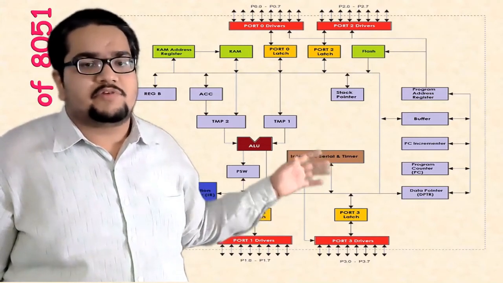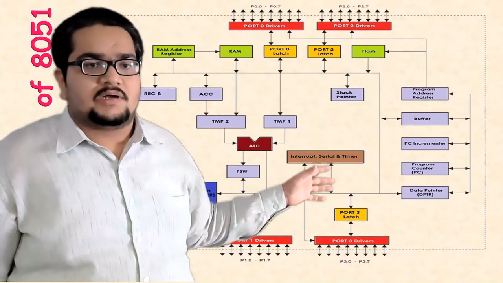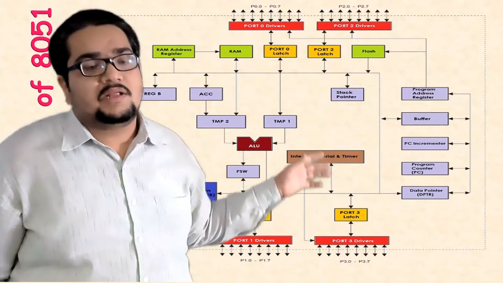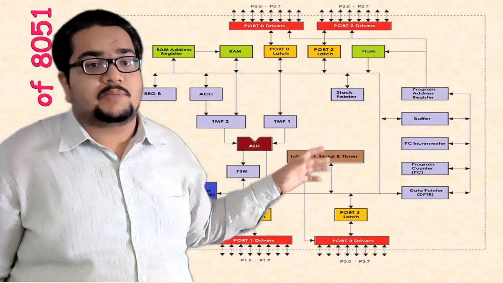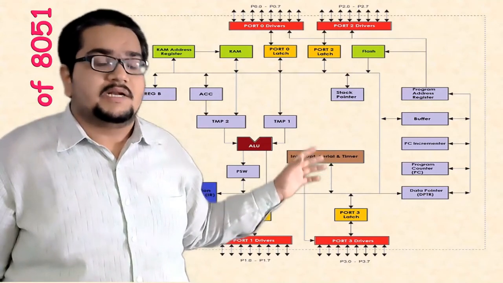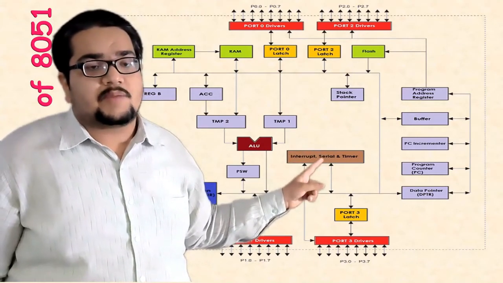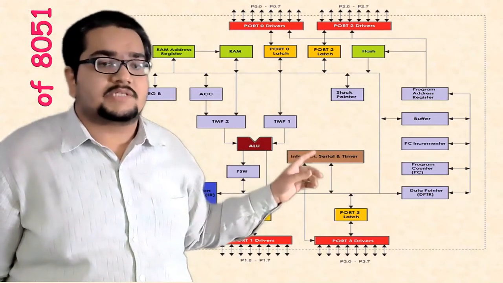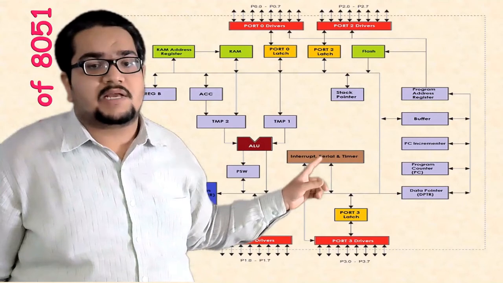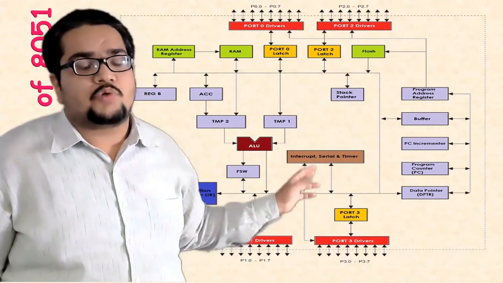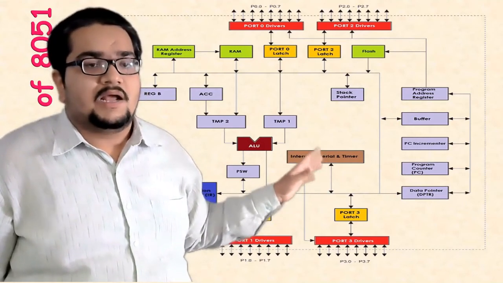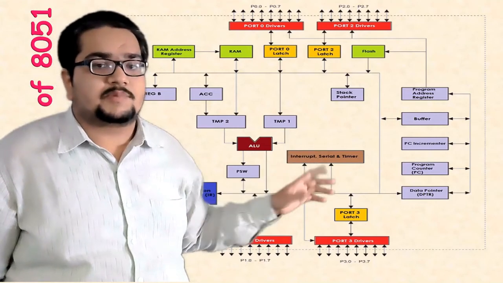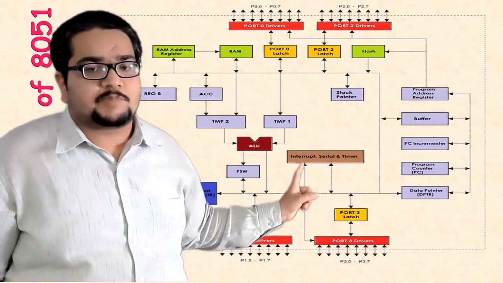When you open this one, there will be two registers: timer 0 and timer 1. There are two more registers for controlling the mode and the actions of the timers: TMOD and TCON. The serial communication port will be there, and also a serial communication control register, SCON. About interrupts, two hardware interrupts will be generated here. Other than that, all the other interrupt signals will be taken care of by this particular block.